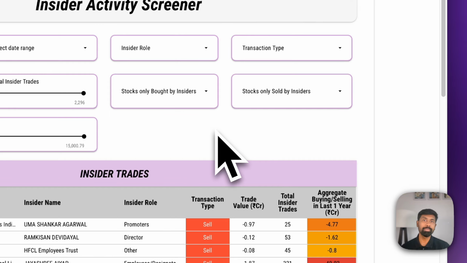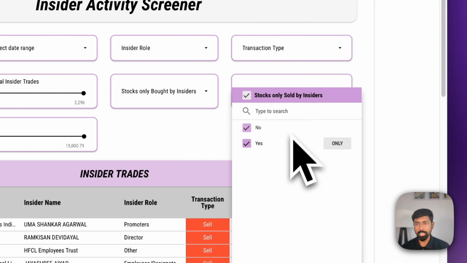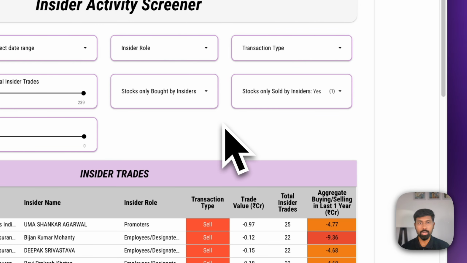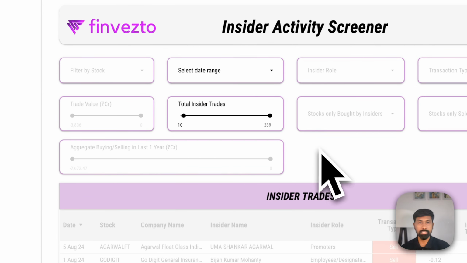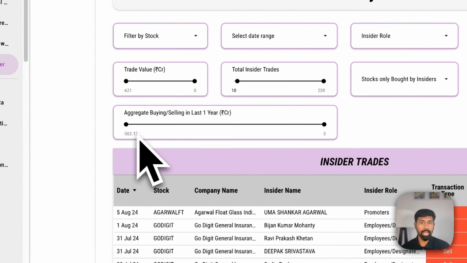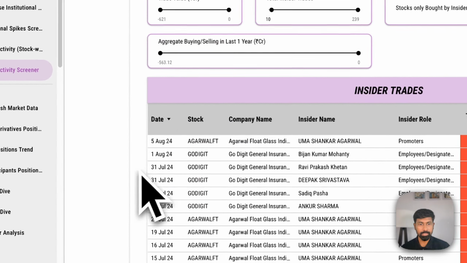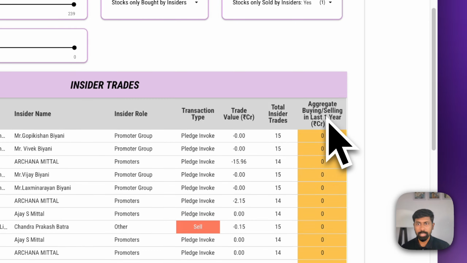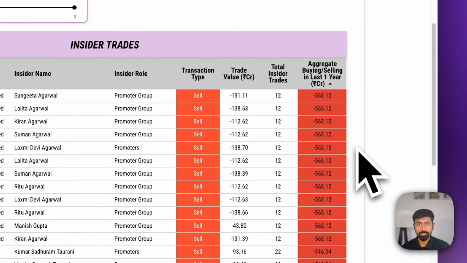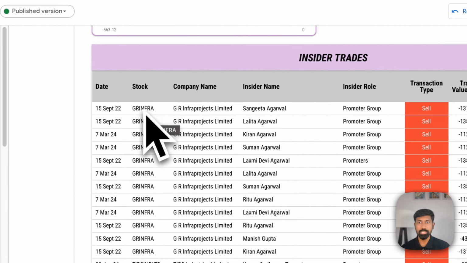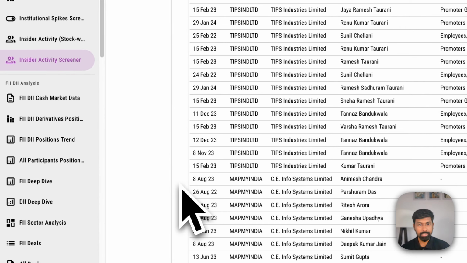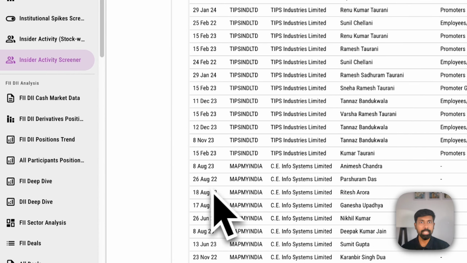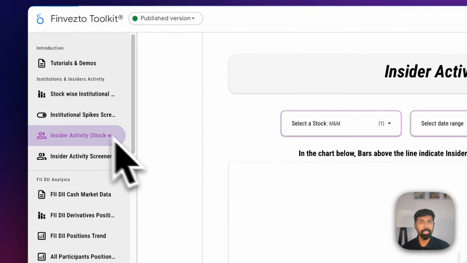Now let us look at a different scenario of selling. I want to see the stocks which are only being sold by insiders, and a lot of insiders are also selling these stocks, at least 10 insider trades, and aggregate value, let it be as is. So you can see here, let me first sort it. GR Infra Projects is seeing selling, Tips India is seeing selling, insiders are exiting, MapMyIndia is seeing selling. Let me actually go to MapMyIndia